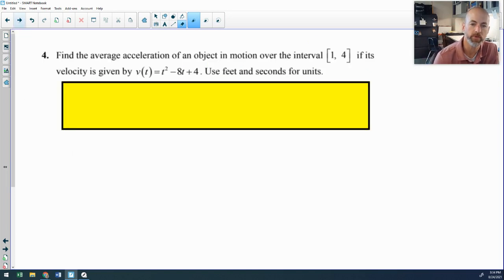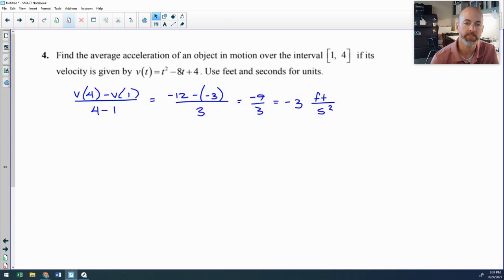And then you can also ask for the average acceleration if you are given velocity. Again, the relationship from acceleration to velocity is that acceleration is the slope of velocity. So this is just asking, here's a velocity on the interval 1 to 4. Find the slope of velocity. So we'll use the exact same difference quotient, v of 4 minus v of 1 over 4 minus 1. Work that out, and in this case, you get -3, and the units for acceleration are feet per second squared,